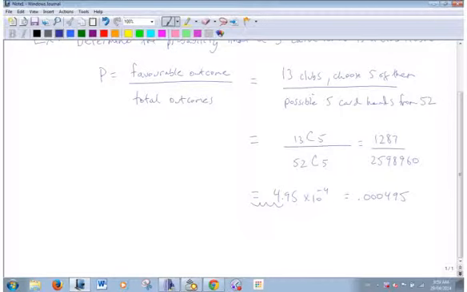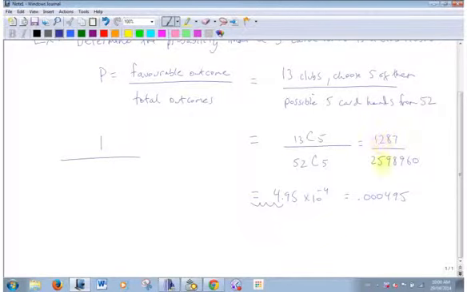Just to put it in something we understand, because we always want to go 1 in something. You know what 1 in 1,000 means, right? Not very likely. You know what 1% means, 1 in 100. 1 in 13.8 million, that's Lotto 649. Odds aren't very good. What is this one?